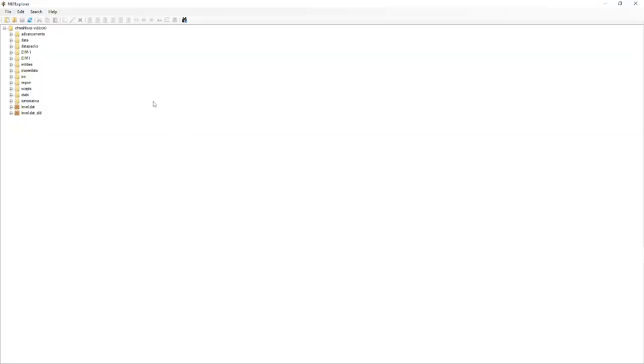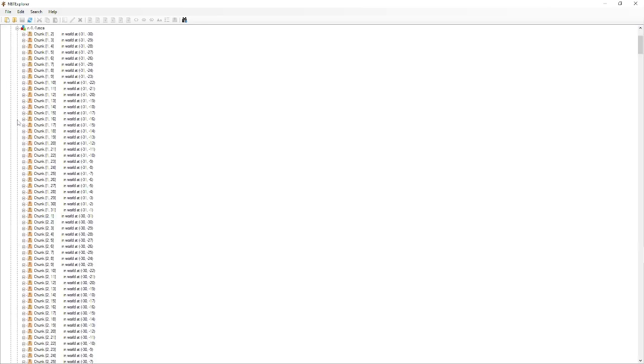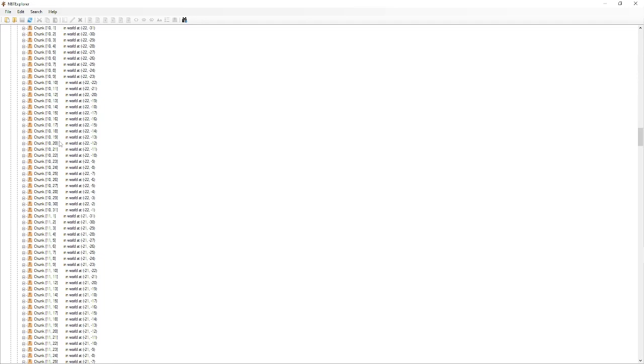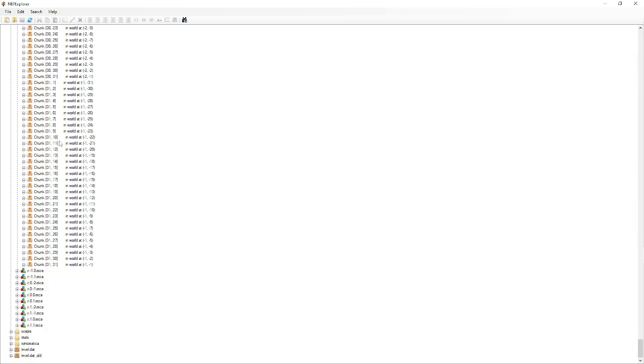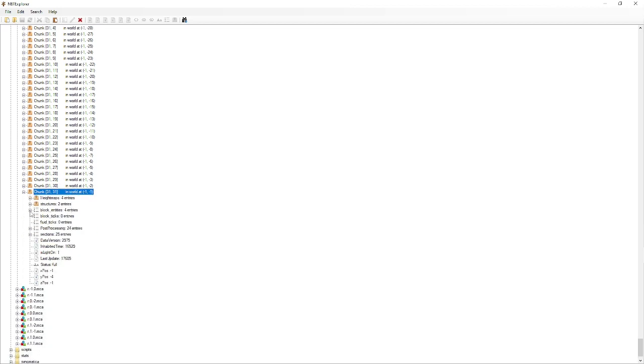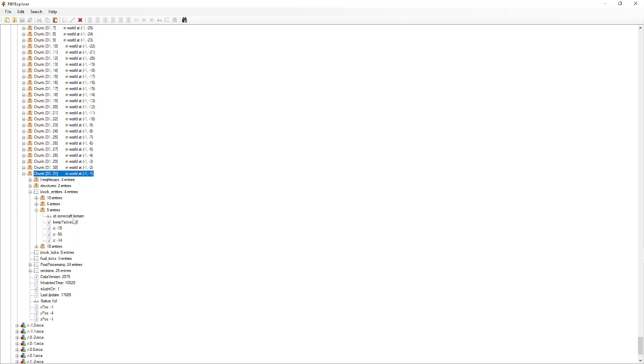So now that we're back in NBTExplorer, we can again open the region folder, open the region file -1, and then scroll down. And now we need to look at the last column, to the chunk that has the coordinates -1 and -1, the ones we just found in the crash report. Open this, then again open the block entities, and we can see some more. These are the observers. And if we open this, we see, oh, it's the shulker box we changed to a lectern. To fix this now, we can simply